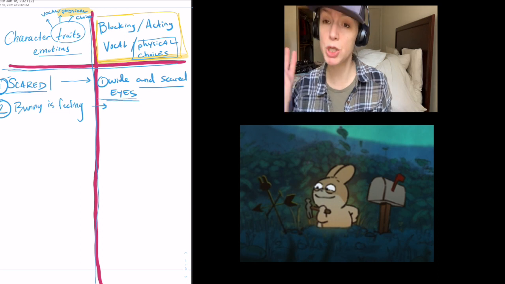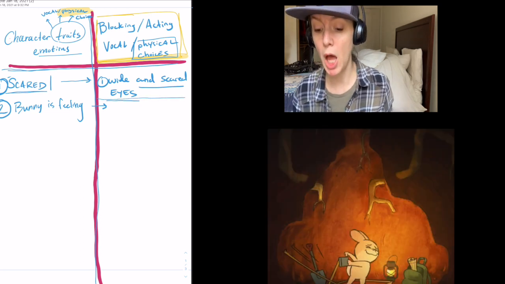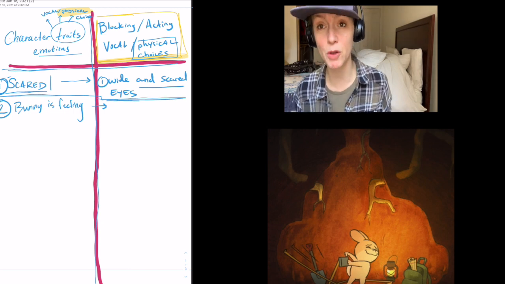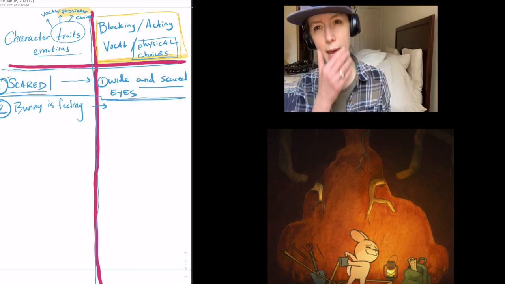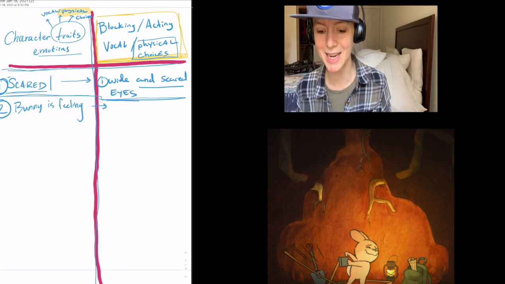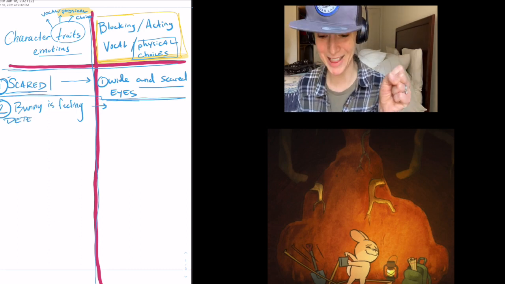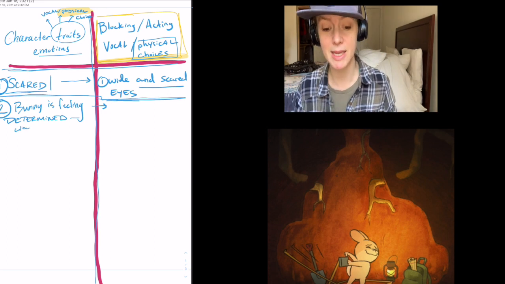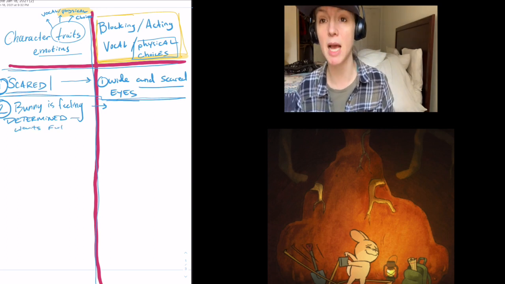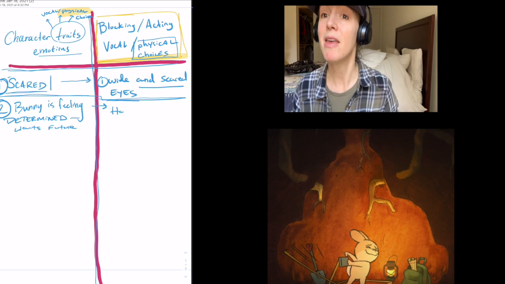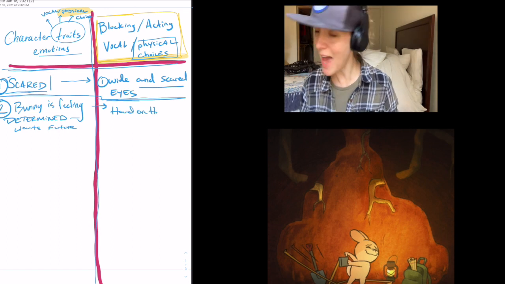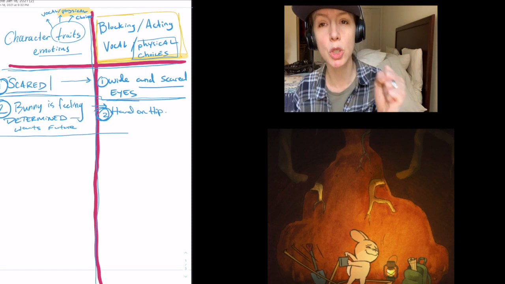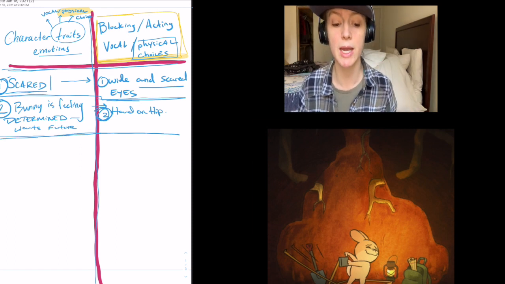Moving on to the next picture. He is so excited about his future. We're still in the exposition phase of the scene, and he is pointing at this prop, this box. I don't know what it means, but this prop symbolizes that he's going to build a new future for himself. He is going to build his home. That is his objective. That is who he is as a character. And it is the objective, what your character wants, that determines who your character is.